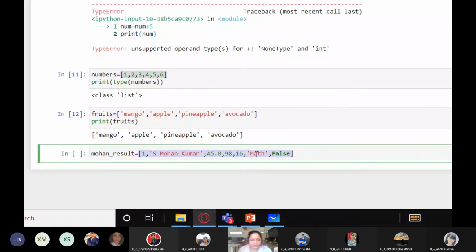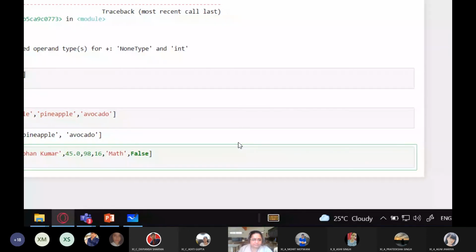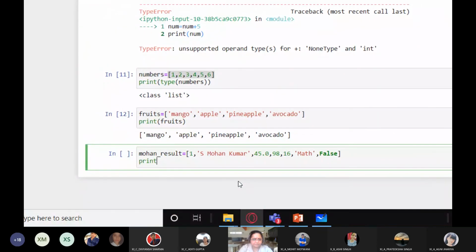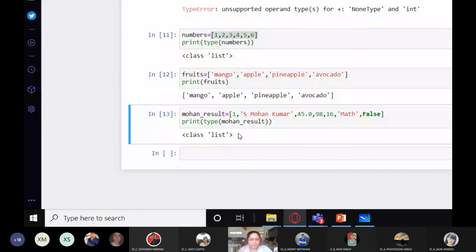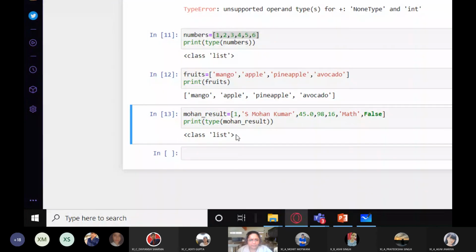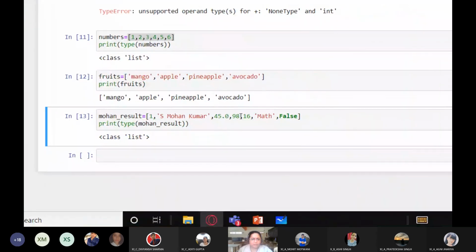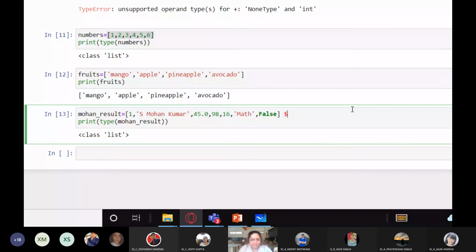Okay, so you can see that this is a list and it stores here also. If I type the data type, you will see that the data type is list. So this is an example of storing heterogeneous data.